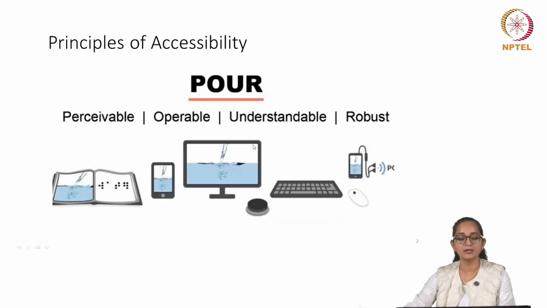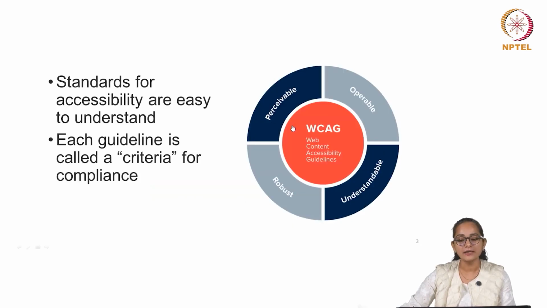So, let us begin with our POUR principles of accessibility again, which I think we discussed in detail in the previous lecture. And the WCAG guidelines, where we spoke about how they themselves are divided into 4 chapters or 4 sections, again based on the same POUR principles: perceivable, operable, understandable and robust. Each section has a list of criteria, which also carries a list of techniques in order to make them